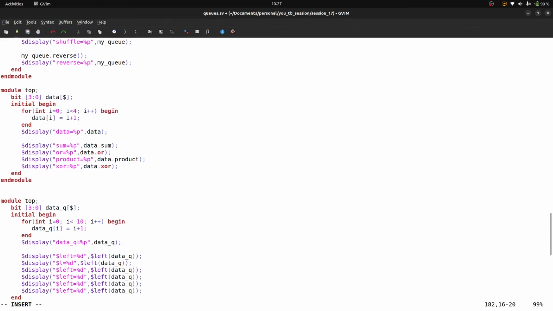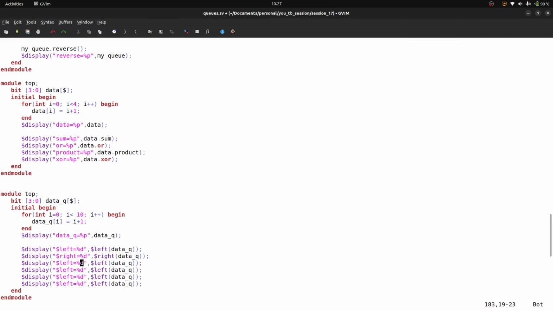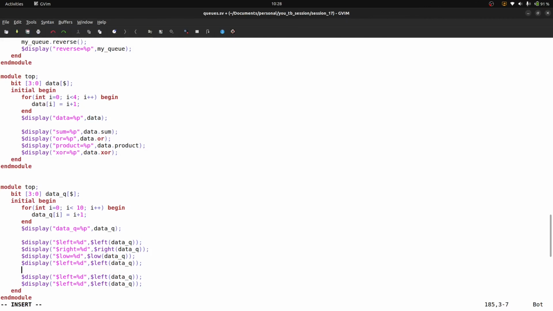Next one is dollar right. Next one is dollar low. We have done with dollar left, right, low, after that high.